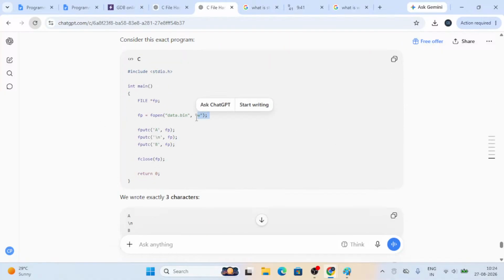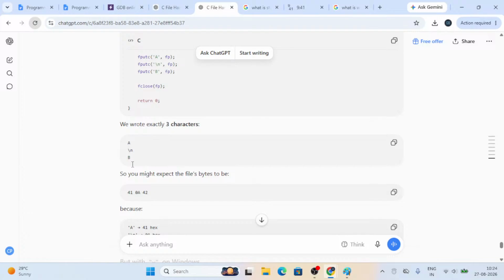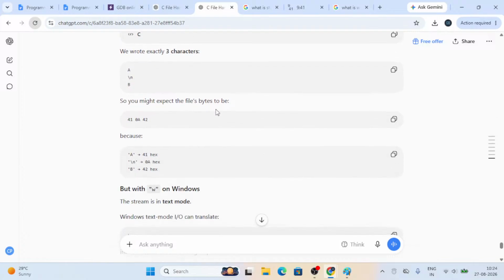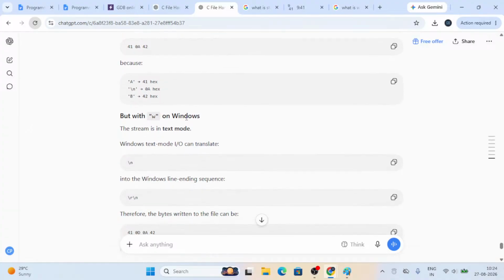So this is a pen, we use the W mode. That is what the characters we are putting into the file. So A, slash n, and B. We wrote exactly A slash n and B. So we expect the file to contain 41 0A 42, because A is 41 in hex, 0A is the newline, and B is 42 in hex. But in W mode,